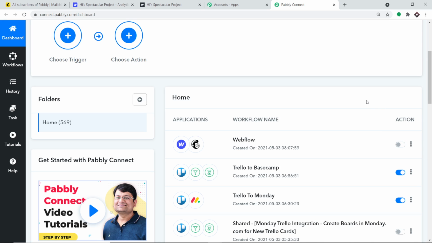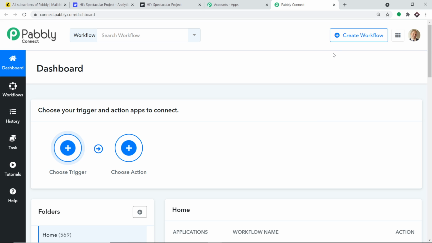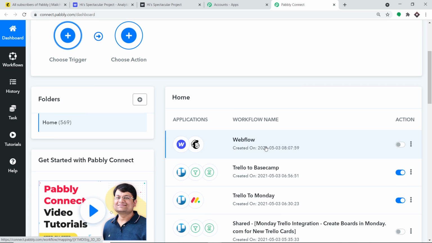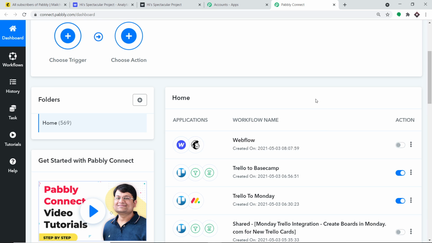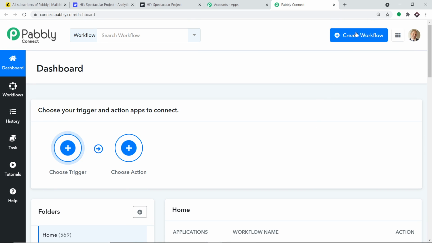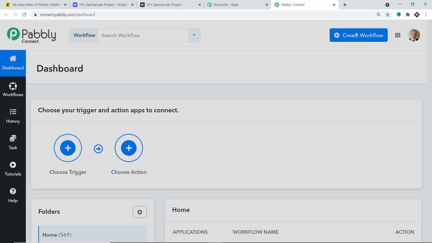The reason is that if I don't, this old workflow will run in parallel to the newly created workflow, and that will cause duplication of results. Duplication of results means the same contact, the same member, will be shown in the contact list twice. To avoid this, I have switched this workflow off. It is none of your concern, because we are going to start from scratch by clicking on create workflow.